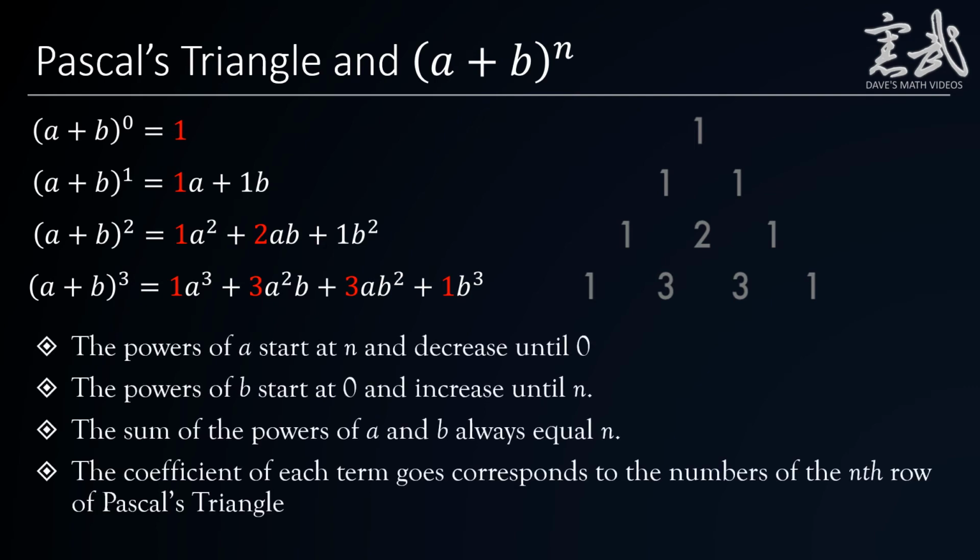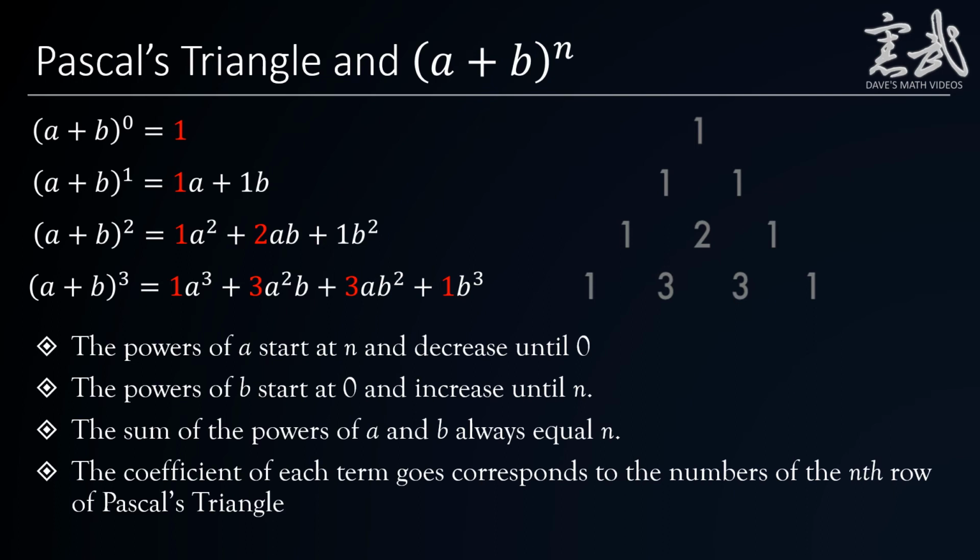Well, the powers of a start at n and decrease until 0. The powers of b start at 0 and increase until n. The sum of the powers of a and b is always equal to n, and the coefficients of each term correspond to the numbers of the nth row of Pascal's triangle. Keep in mind that the first row, where we simply have the number 1, is row 0. So we can see very clearly how Pascal's triangle could help us to find the expansion of (a + b)